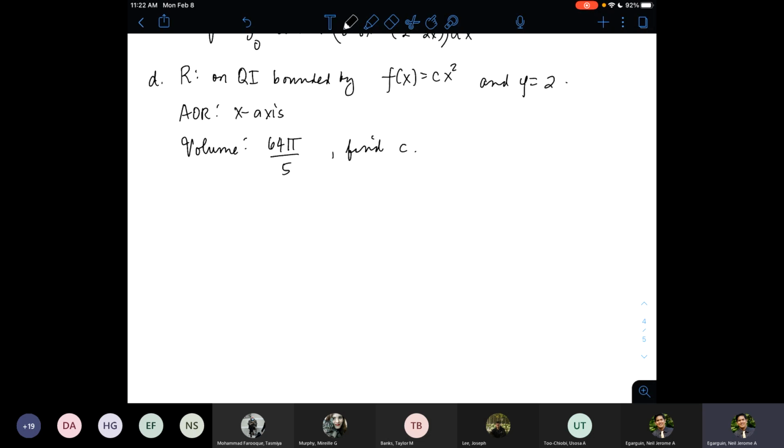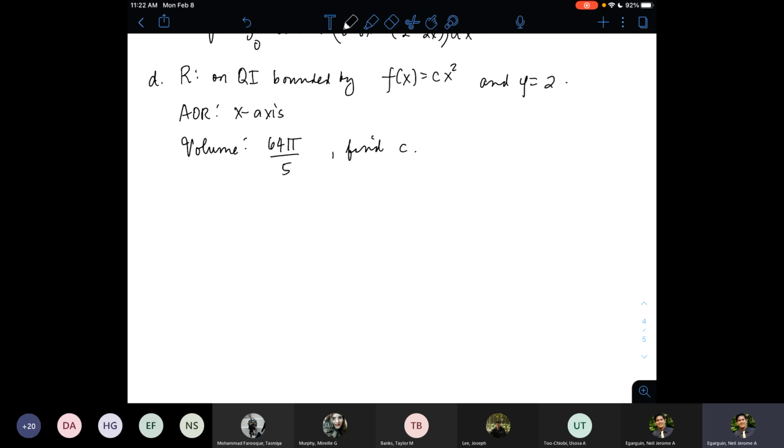Anybody who got already this question, or the answer to this question? Well, I see the difficulty here because the function f is given in terms of a parameter. So in your solutions, you set up everything keeping C as a constant. Just keep in mind it is a constant, but we don't know its value for now. So we'll keep on working with C until we have the integral that gives us the volume and put that equal to 64 pi over 5.